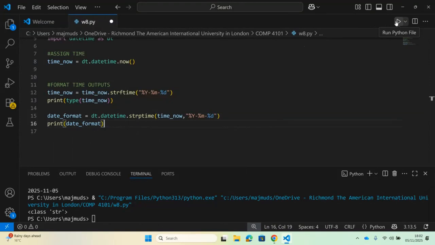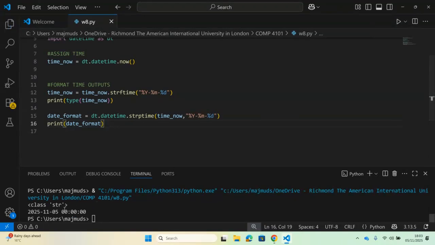So now if I run this, just write down this code. Okay, now if I run this, the output will be